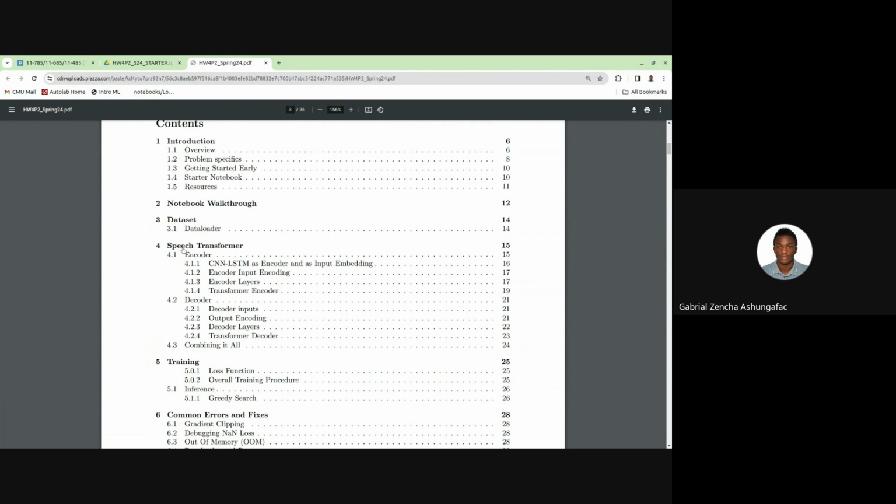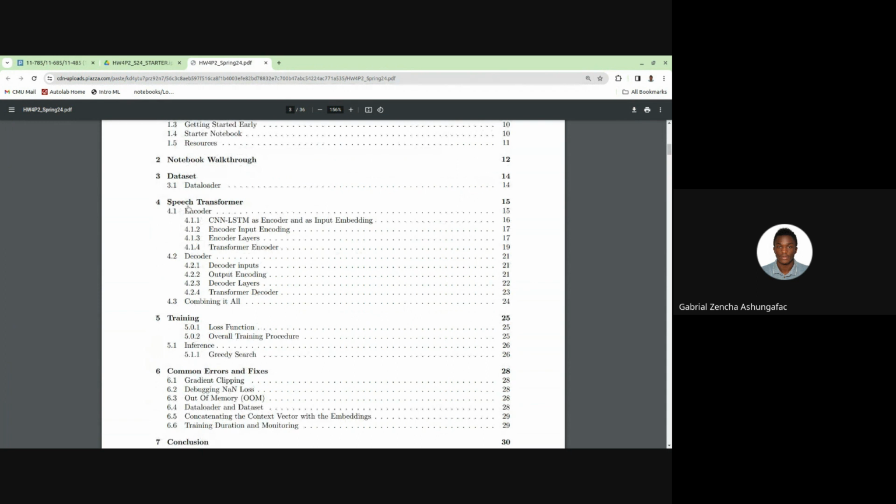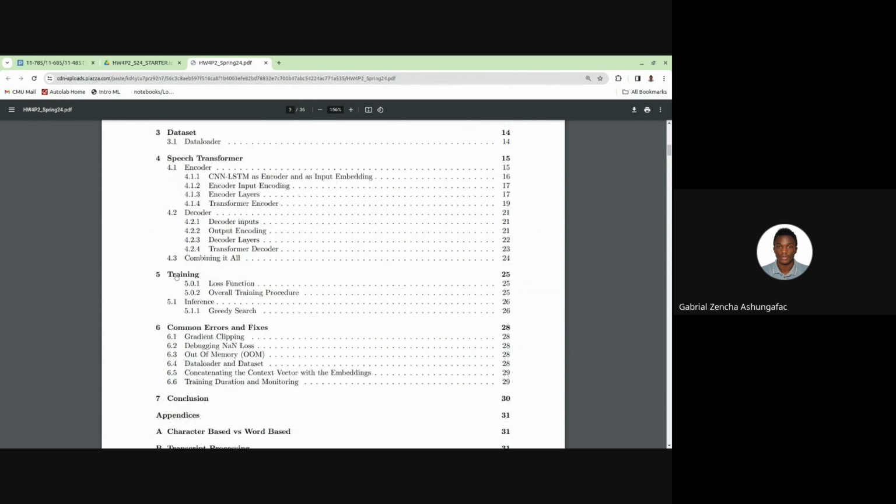And we also explain how the data set is structured, and again, the speech transformer which you'll be implementing. So this section has more details, and we split it into the encoder part and the decoder part. So we strongly recommend you go through this before starting to code. And of course, we explain how we are going to be training and how we are going